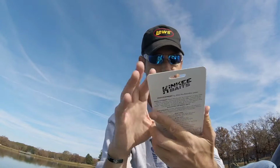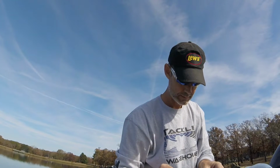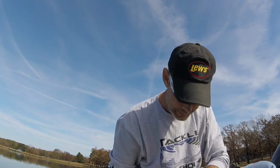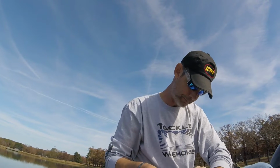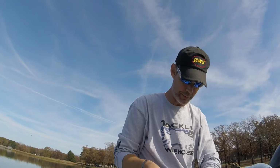So first off, we have the Kinkee Baits Spinnerbait. Okay, so the Kinkee Baits Spinnerbait. I don't see the size. Okay, well, looks like that. Chartreuse and white. I don't see the size. MSRP on it is $13.99. Says it uses 24 karat gold and true silver plated blades and a Mustad Ultra Point hook,